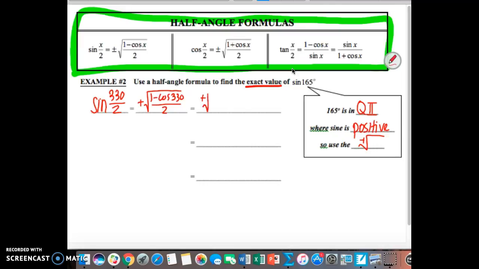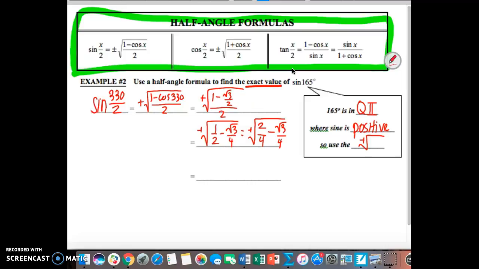That is equal to the positive square root of 1 minus the square root of 3/2, divided by 2, because cosine of 330 is square root of 3/2. Continuing the positive square root, we're going to be splitting up our fractions. So we have 1/2 minus the square root of 3/2 divided by 2, which is equal to the square root of 3/4. Finding a common denominator, this is the positive square root of 2/4 minus the square root of 3/4,